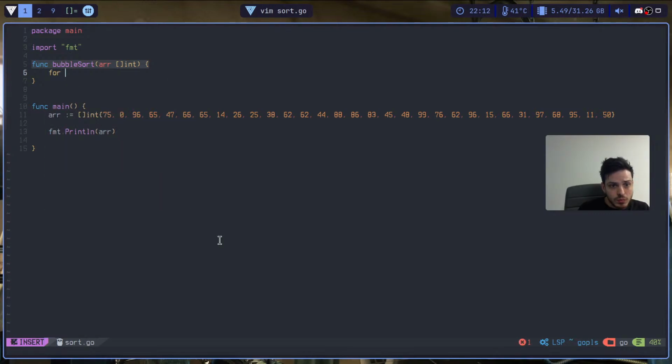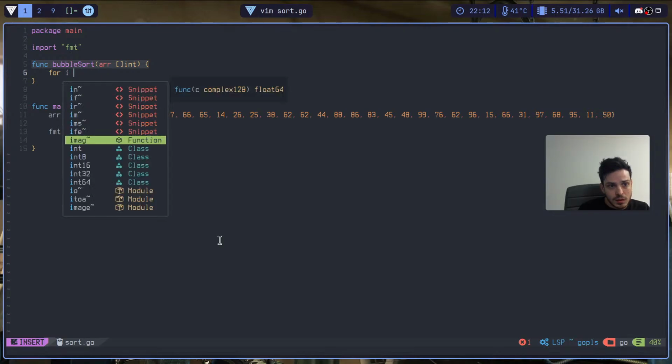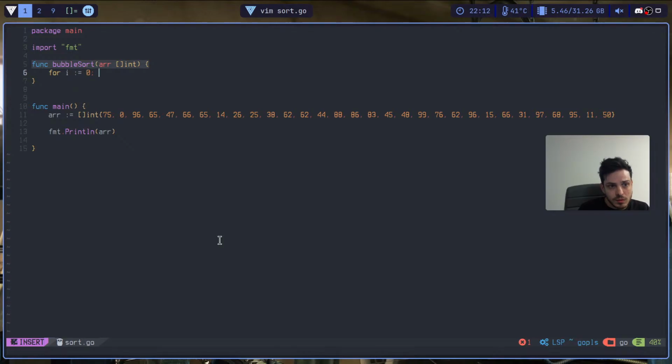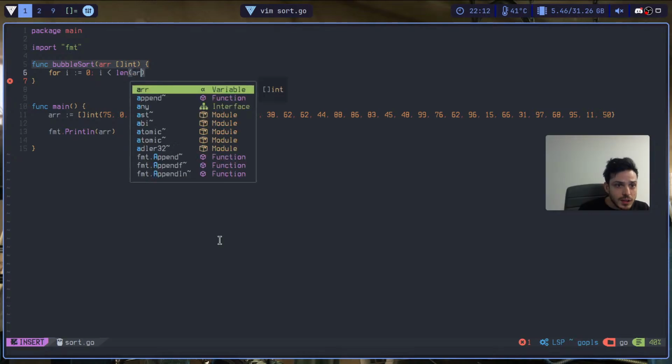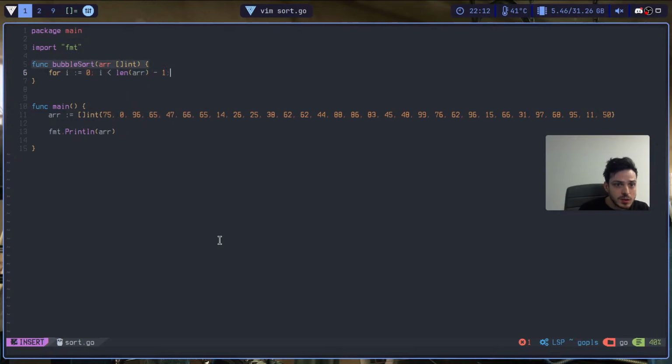So we can define it like this in Go. For i in range, should we do it like this? I am not sure. Oh, let's just do it the same as before, and this equals 0, smaller than len of array minus 1